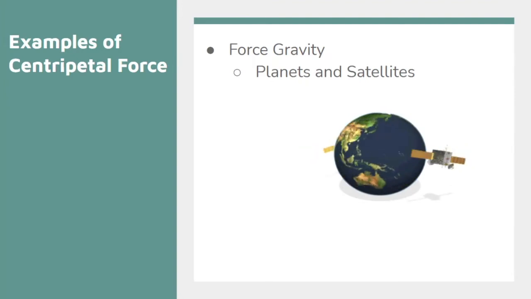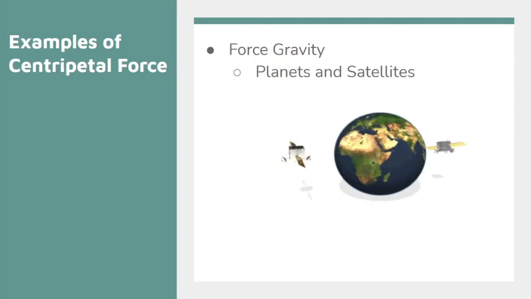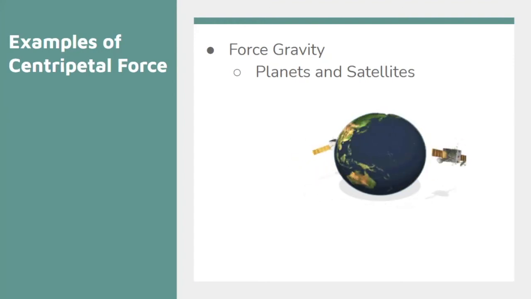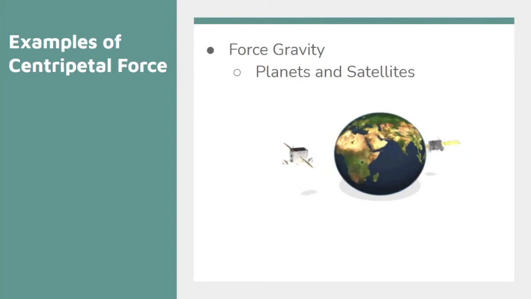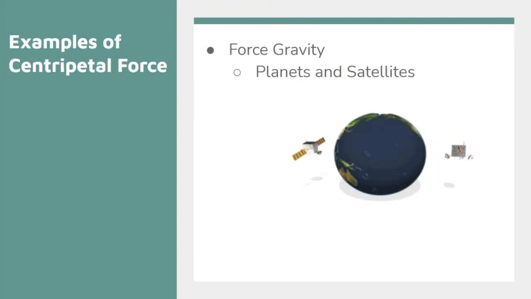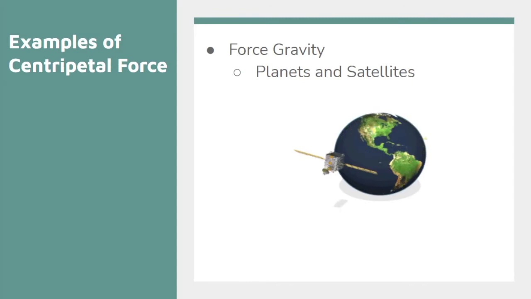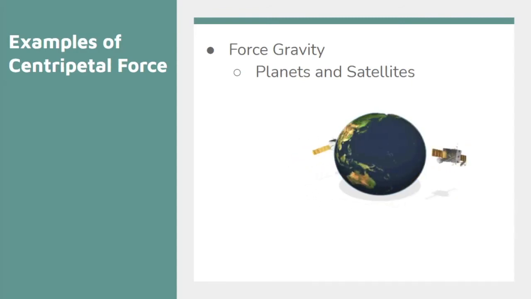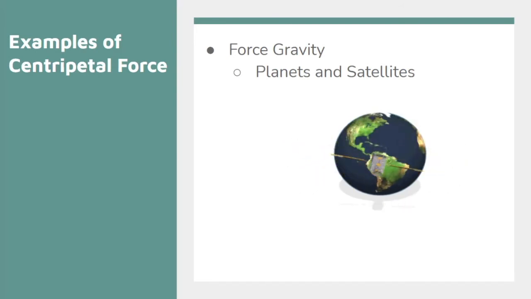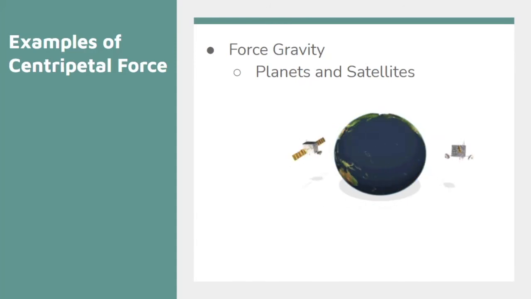We have the Earth and we have these satellites orbiting around it. These satellites are exhibiting uniform circular motion, which means that they're feeling a centripetal force towards the center of the Earth. And again, that centripetal force would be force gravity. They are feeling a centripetal acceleration towards the center of the Earth, and they are moving with a velocity that is tangent to their orbit. And the speed is constant because it's uniform circular motion, but the direction is always changing. And we can see that the satellite is changing directions.